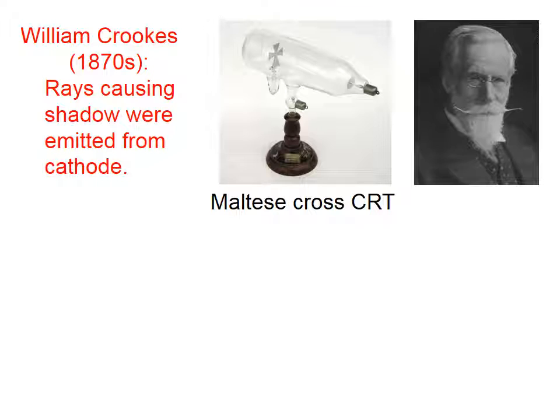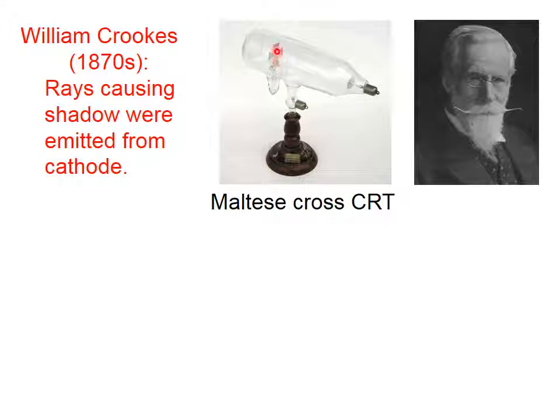He used what he called a Crookes tube, or a gas discharge tube, that is a container that has had almost all of the air evacuated from it, and he hooked it up to an electric potential difference, and what he found was that rays causing a shadow were emitted from the cathode on this gas discharge tube. The cathode was this portion right here, the anode was down there, and it so happened that Crookes